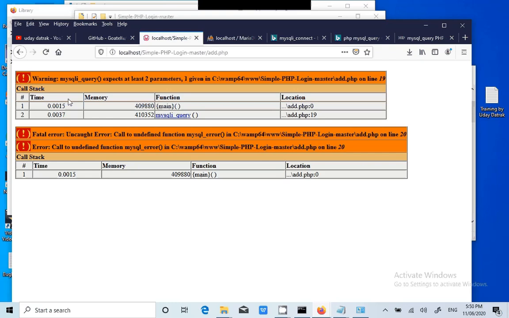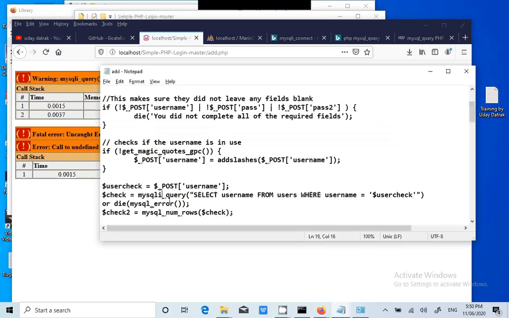mysql_query accepts at least two parameters, one given in, okay, on line number 19. Okay, let me pause the video and just quickly check.